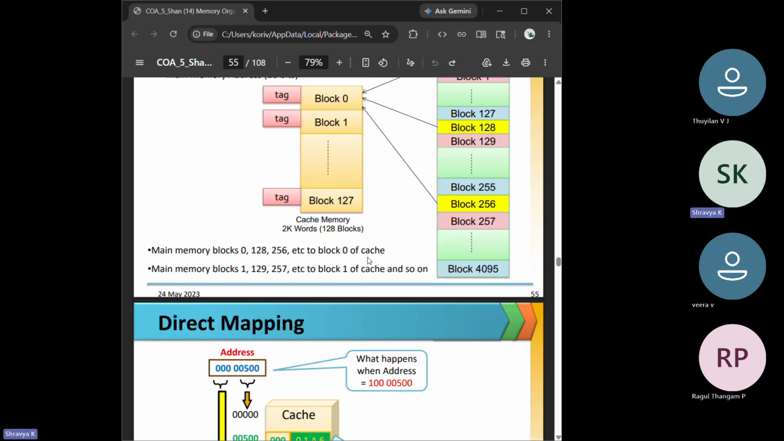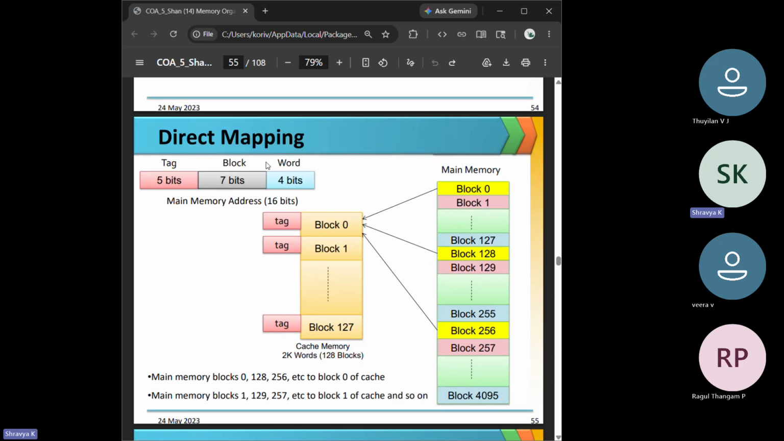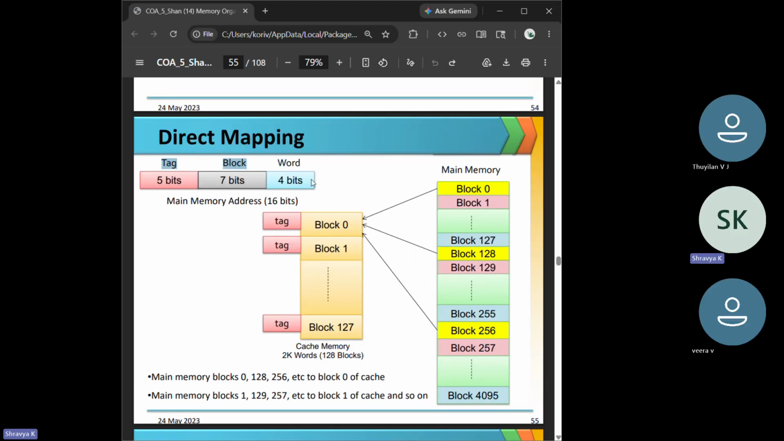If you look at the address over here, the word address is 4 bits, because the block is 16 words. There are 16 words in each block, so to find which word it is in the block, you need 4 bits. 2 power 4 will be 16, and you will find which word in the block you're looking for. And the rest of this, which you can think of as the index, is to find the tag and the